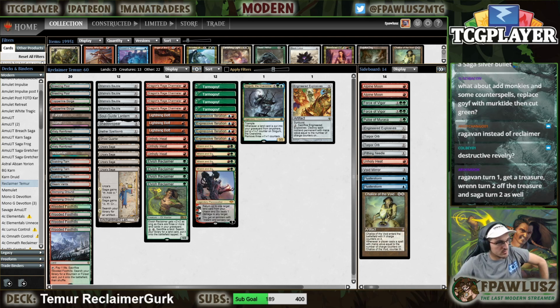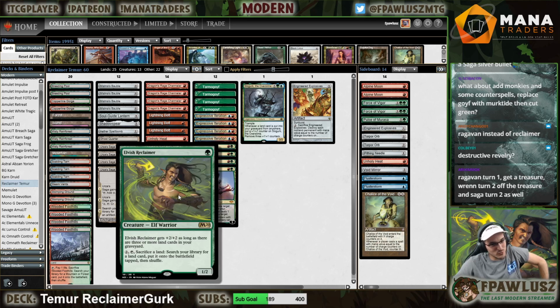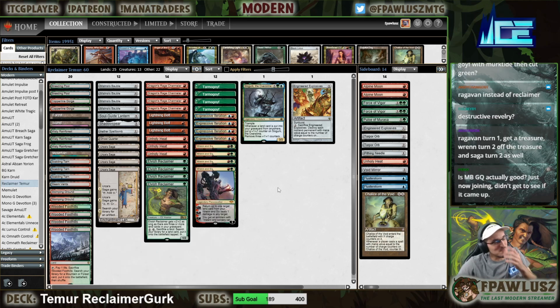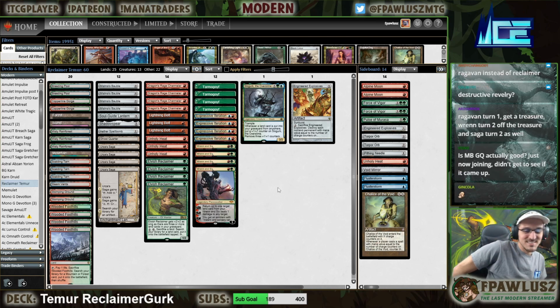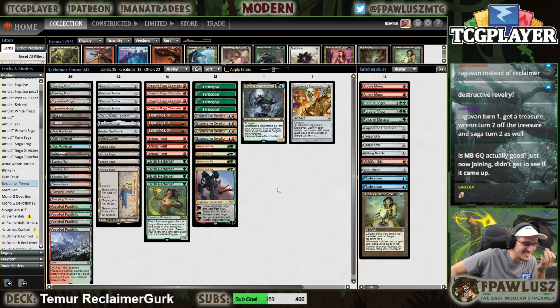Ragavan instead of Reclaimer. I'm trying to play a Reclaimer deck, man. Let me play a Reclaimer deck, okay? If I wanted to play a Ragavan deck, I wouldn't be brewing. I would just be net decking somebody else. I'm trying to play a brew with a card that I like. Give me a break, please. I know that Ragavan is better. I know that. It just